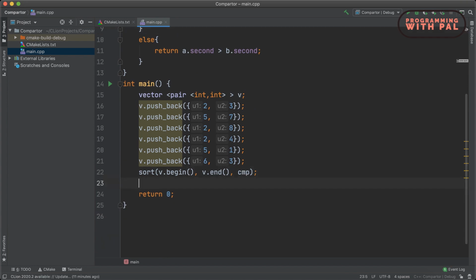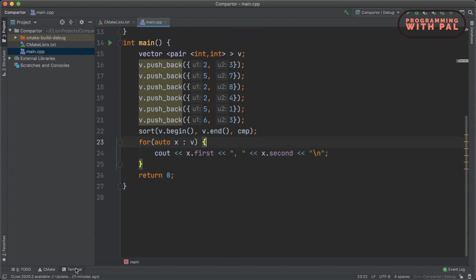Now let's print the content of the sorted vector using for each loop. So cout x dot first and x dot second. Now let us run our program by clicking on this green button.